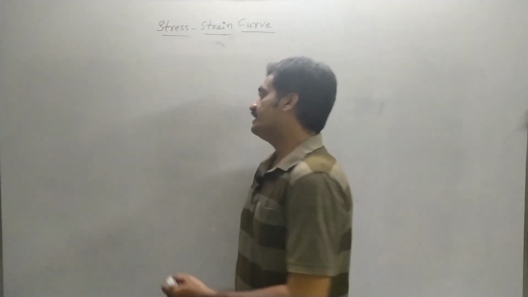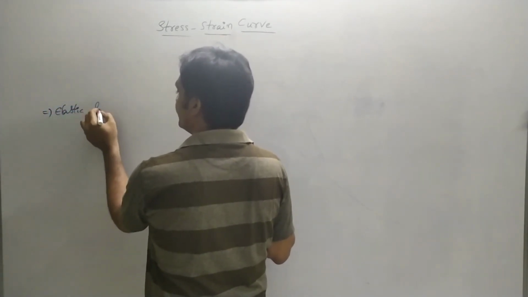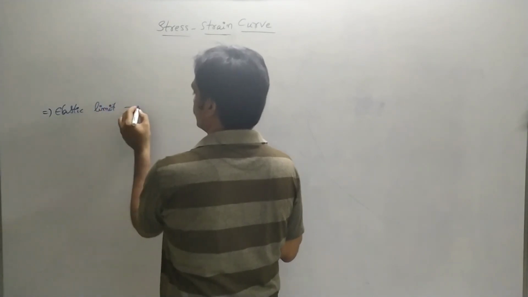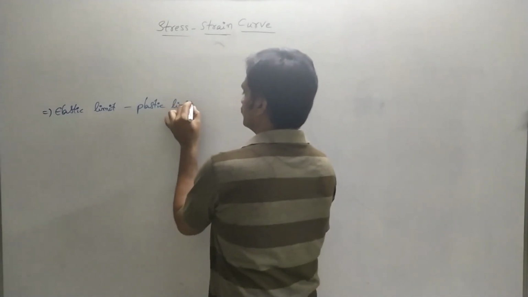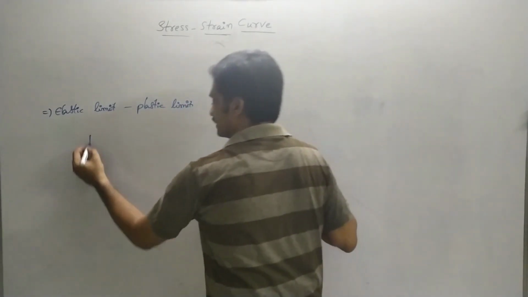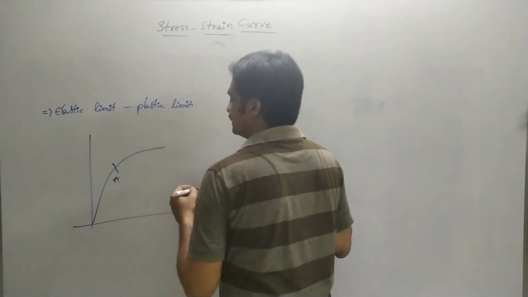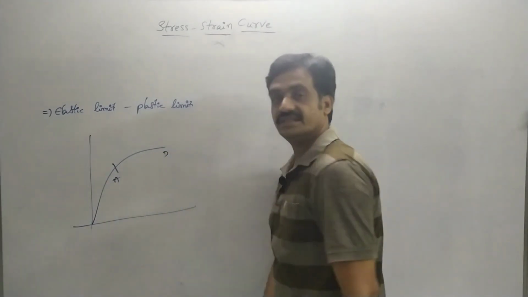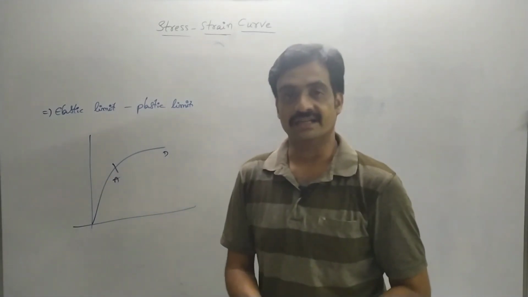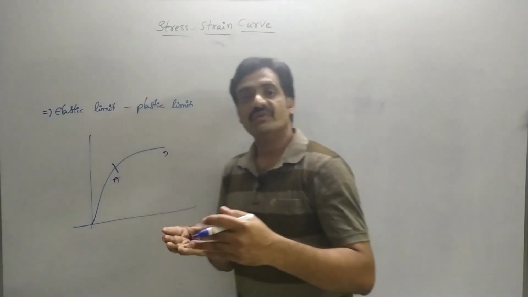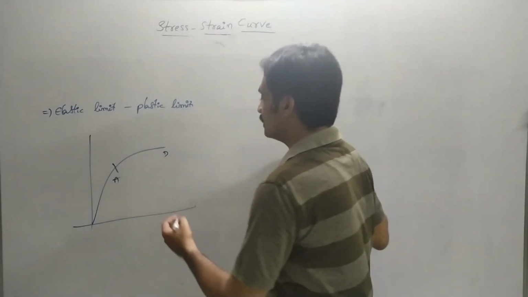Next, if the deformation between the elastic limit and the plastic limit is more, just like this graph. Here observe that the point A is represented at this position, and the point D is represented at this. There is a large space, the deformation is more between A and D. Then we can represent that the deformation is more in this case. Such types of materials are called